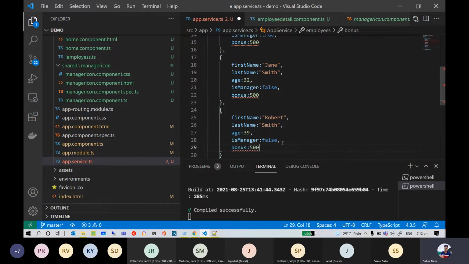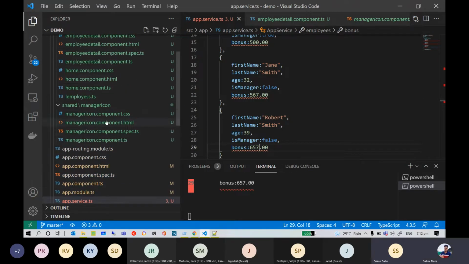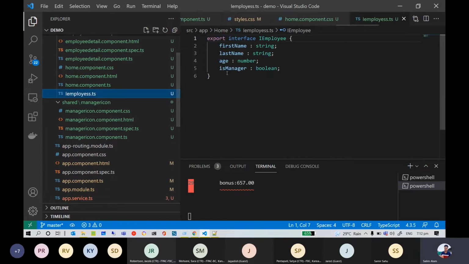I'll just add bonus 500, so I'm updating my model now. I'm just adding one more property that is bonus. Say our employees are getting a bonus here. Just change the values, something different, 500, 600, 700. That's fine. That will work. Okay, so I'll also need to go and change my